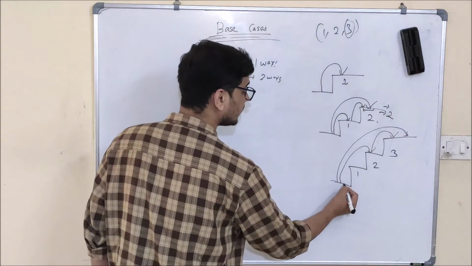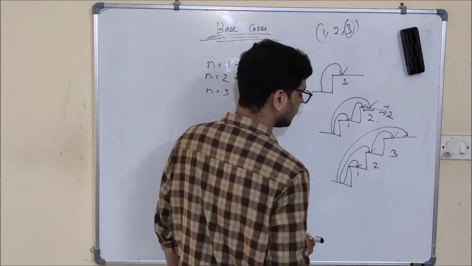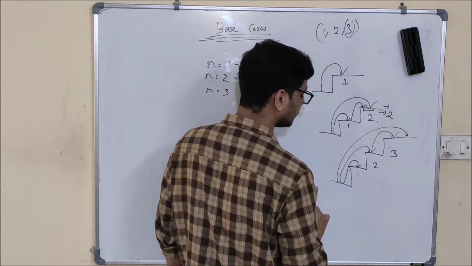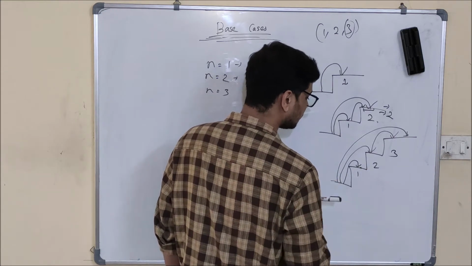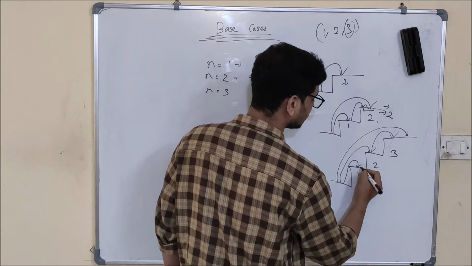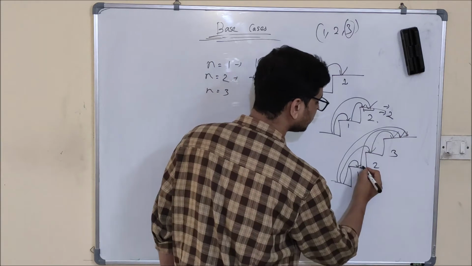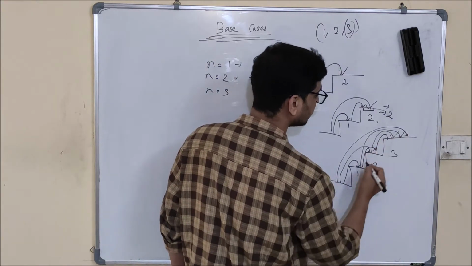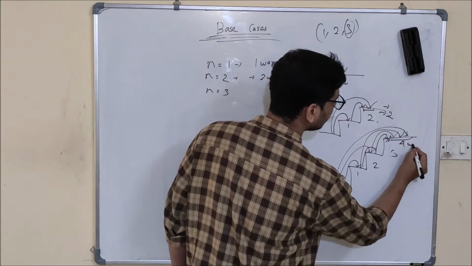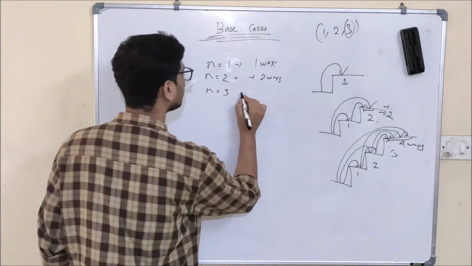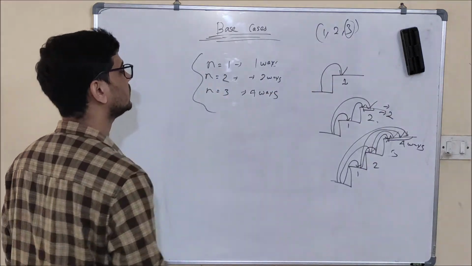And what is our final option? A 1 step jump. If I take a 1 step jump, then I will reach the top of the first stair. After that, how many steps are we remaining with? 2 steps. Here also I can take either a 2 step jump, or 1 and 1. So the total number of ways is the summation of all these: 4 ways. So these are our base cases.